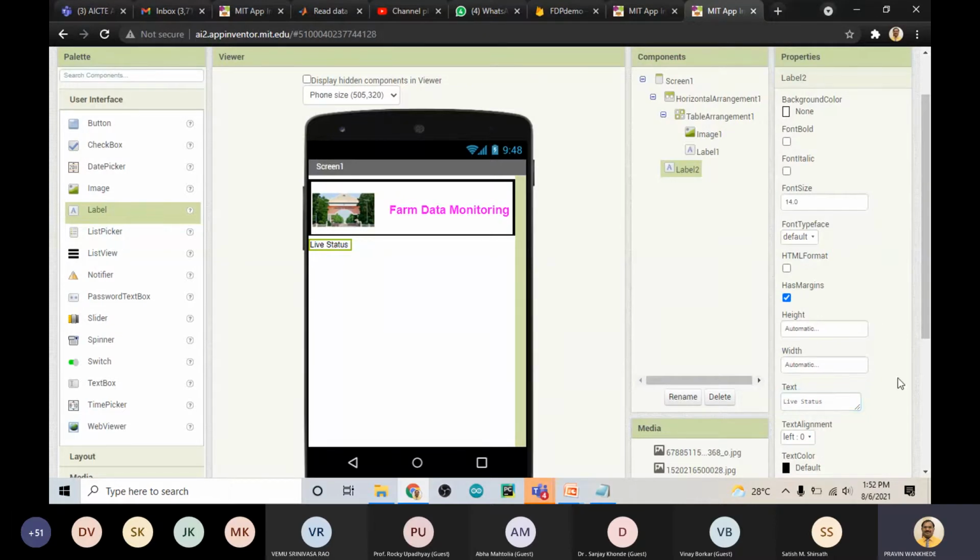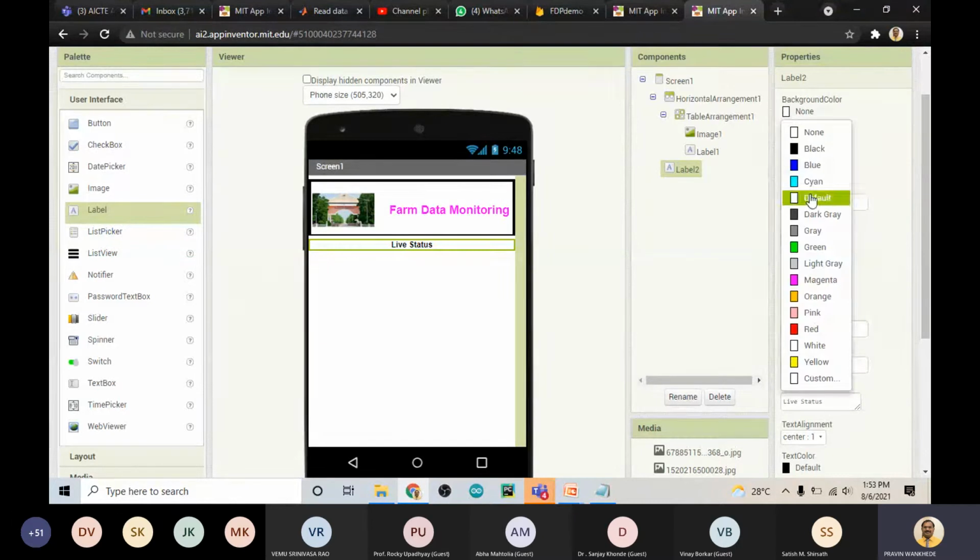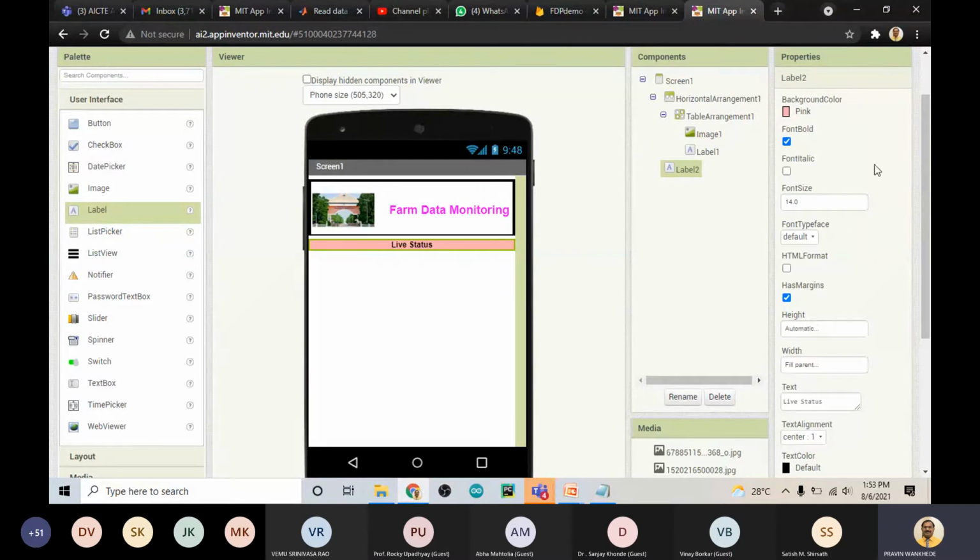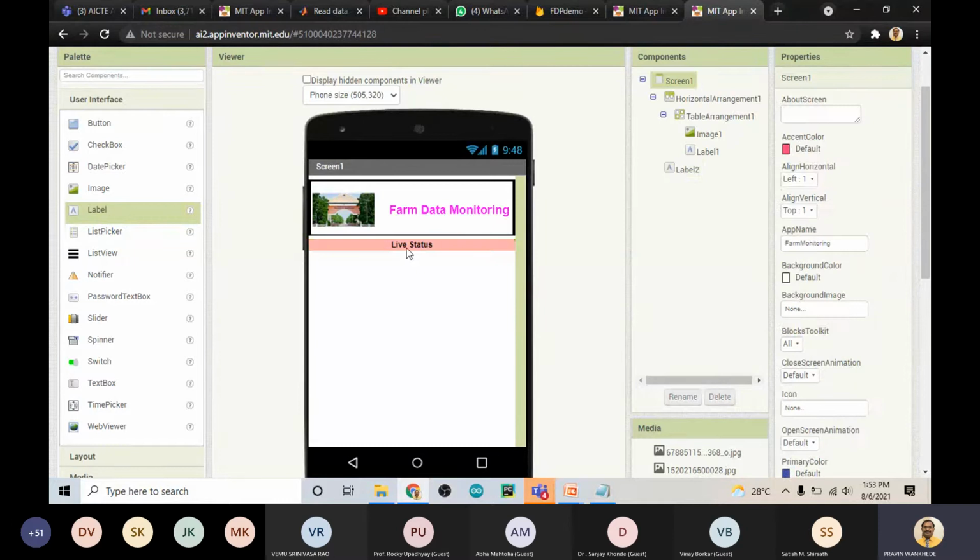Make the font bold. Text alignment center. Let the background color be anything that you want. Okay, now we have done this one: a simple image, logo and name, and then we have added one text here, that is a live text.